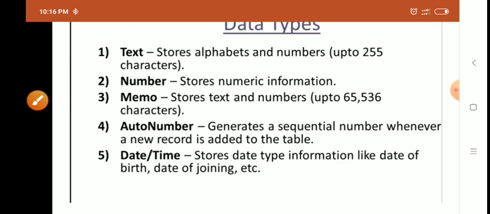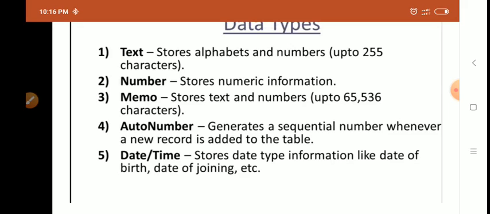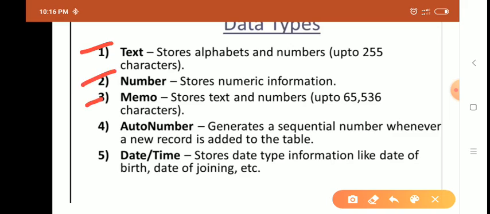The fourth data type is auto number. In this, you can generate a sequential number. For example, if I provide the numbers 1, 2, 3, and by mistake I forget to write the number 4 and write the next number.